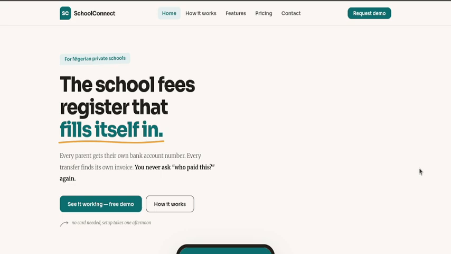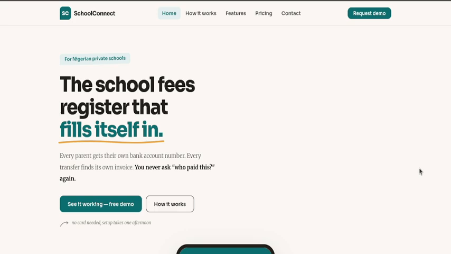It's not a tracking system. Yes, it has tracking in it, but that's not what it is. Because if it's just tracking, that means you will still be working to know who to track, who paid and who didn't pay. What SchoolConnect does for you is that it collects your fees and it reconciles it with your accounts. And how it happens is that once, maybe at the end of the term, you send out invoices to parents through the children, or anyhow you usually do that.